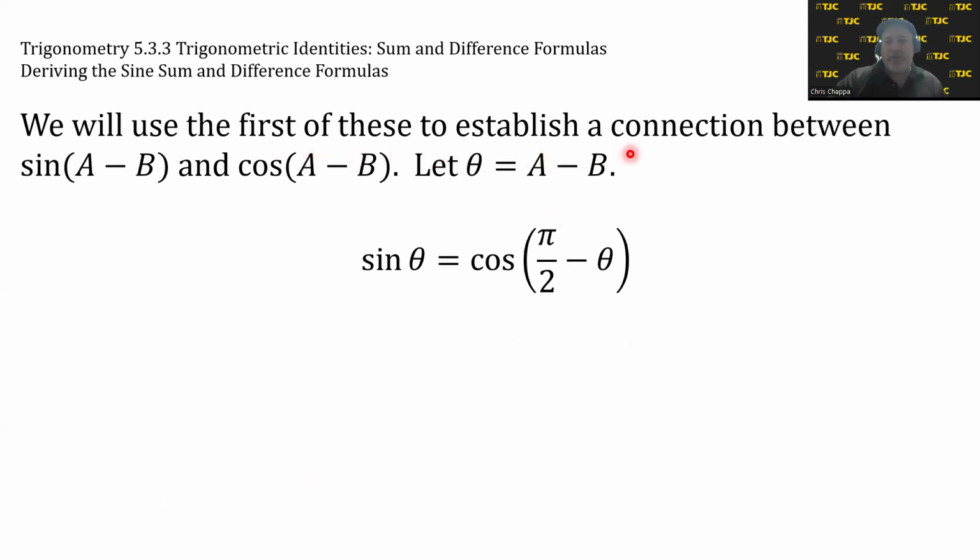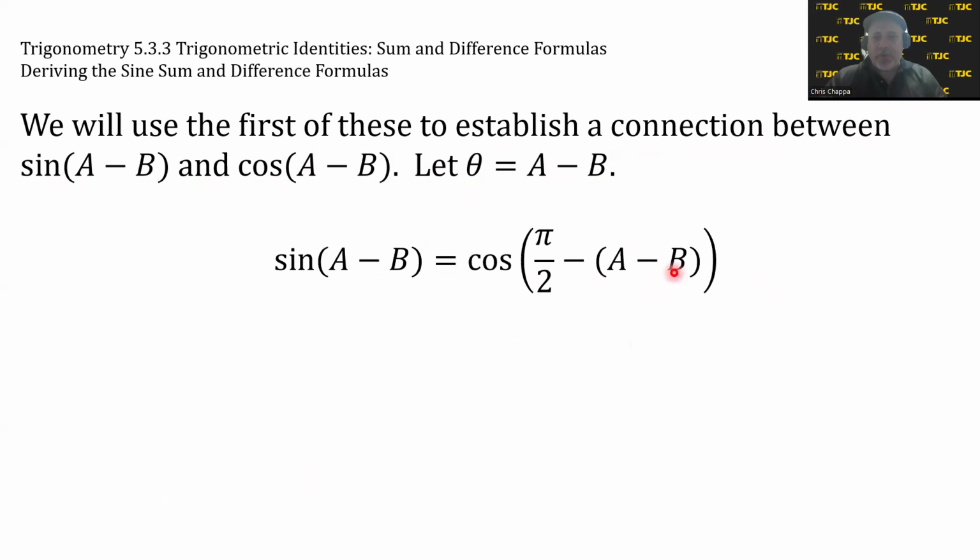We use the first of these to establish a connection between sine of A minus B and cosine of A minus B. We're going to let theta equal A minus B in this cofunction identity. Now be careful. The second theta is part of a subtraction problem preceded by a minus. So we need parentheses around the A minus B to make sure we're subtracting the difference and not just the